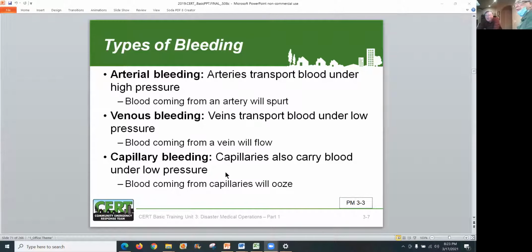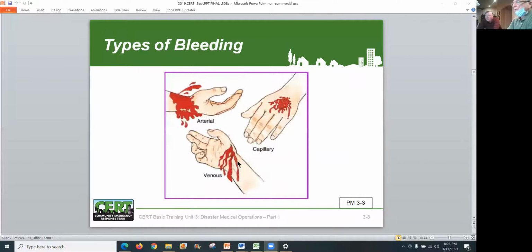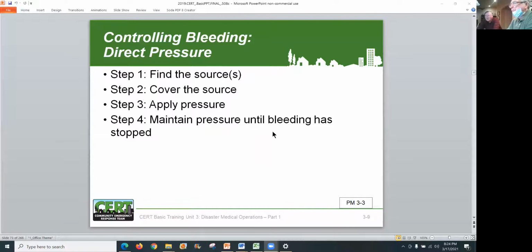the venous pressure. Okay. So the third one there, what we're looking at, did you call that an abrasion maybe? Yeah, abrasion or minor cut. Okay, let's just go on to the next one here. What do we do when bleeding? Those are the 4 steps.